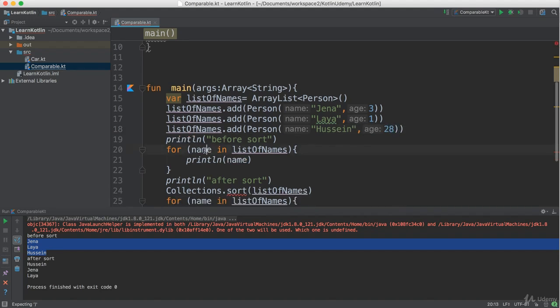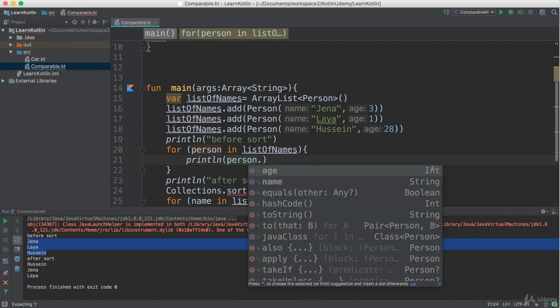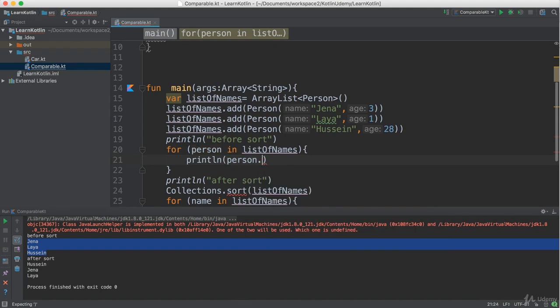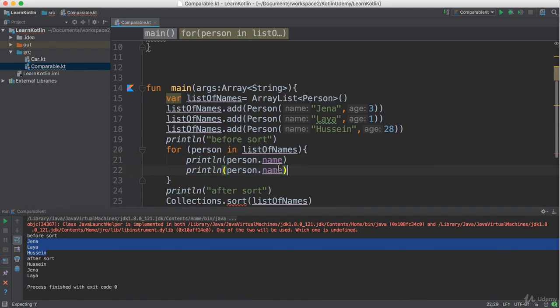Now when you print them, you will not print them as a name, you print them as a person, and every person has 2 pieces of information. One of them is the name of the person, and the second is the age of the person. So you say print person.age. So to be clear, you say name, okay,